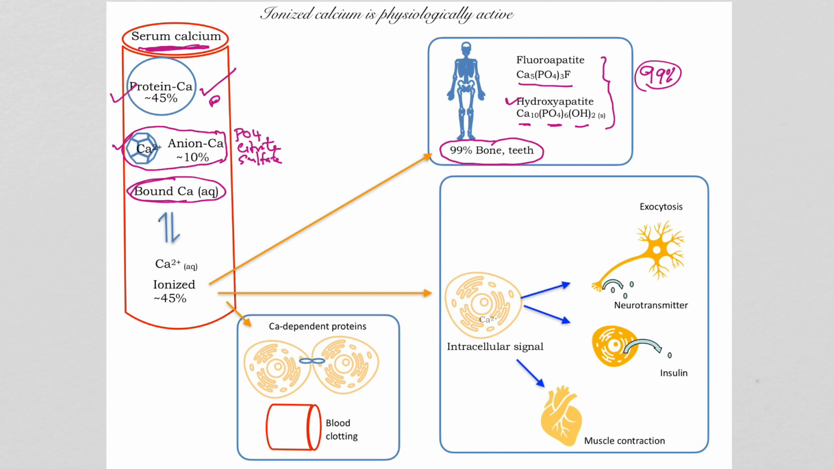Now, this bound calcium, some of this calcium can always dissociate, and there is what we call free calcium or ionized calcium, and that's about 45%. Okay, ionized calcium. This is the calcium that is physiologically active. That's why it's good to do the ionized calcium test rather than the total calcium. When you do total calcium, you're measuring all of this. When you're doing ionized calcium, you're actually measuring the one that is physiologically active. This is the one that will be taken up by the bone cells or by other cells and carry out